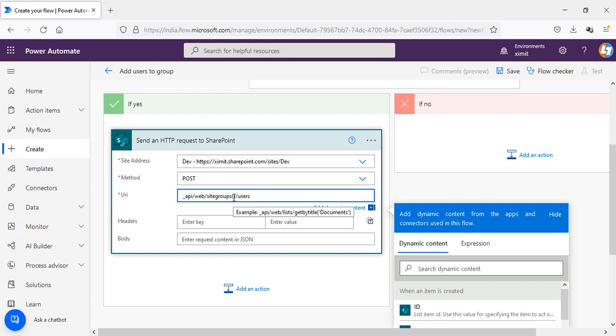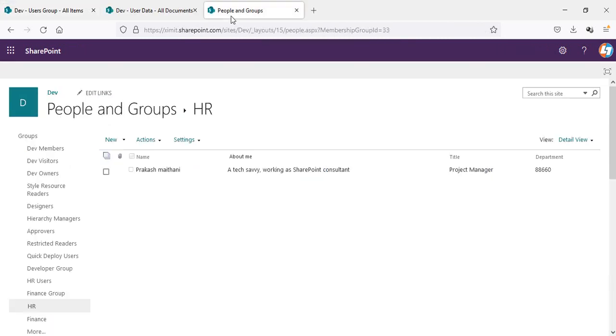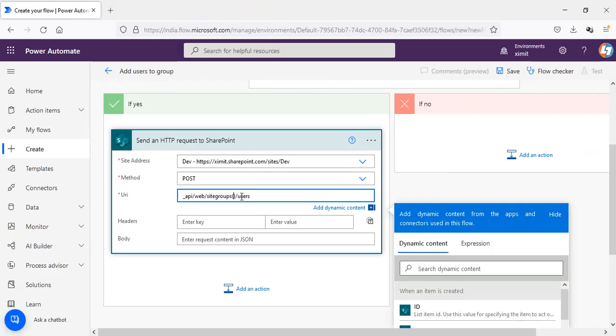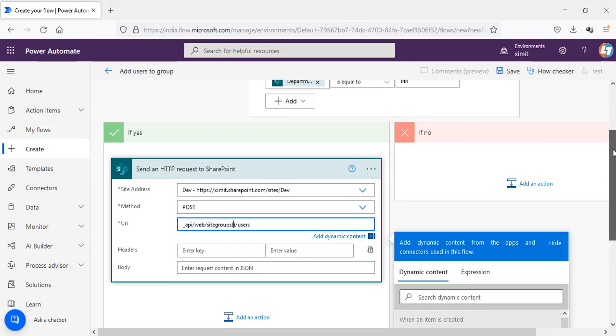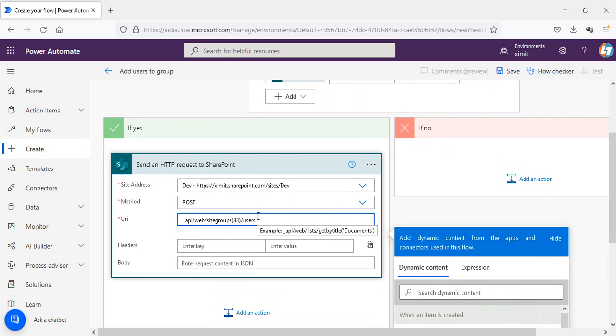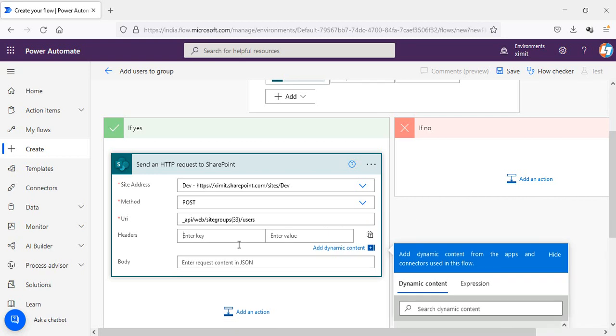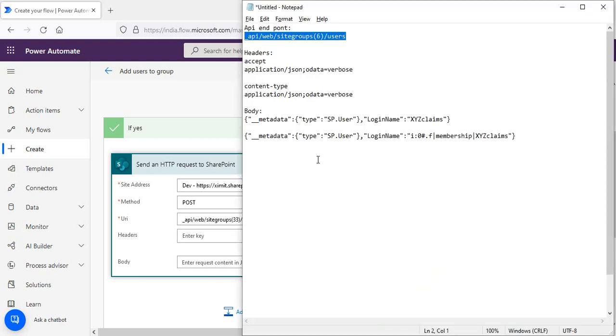ID. So how can I get my site group's ID? I'll go to my groups. Let's suppose this is the HR group, and at the top of the URL you can see the group ID is 33, and for finance I have group ID 34, right? Because the condition is if the department is equal to HR, then it will be 33, so I have to add users to 33, and in the header section we'll write the normal syntax